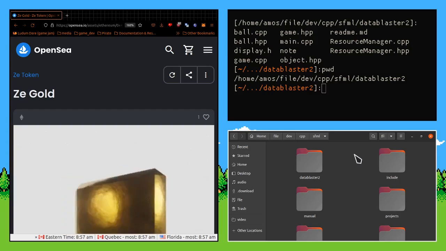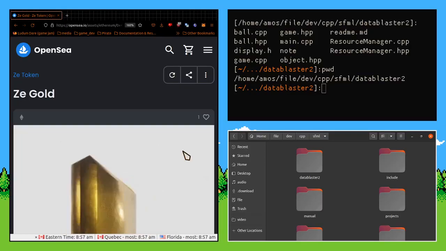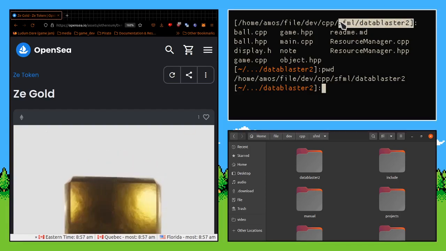I see some people who have all their stuff on their desktop. Look at my desktop. There's nothing in there because I don't need to put stuff on my desktop to have access to it quickly. That's cleaner, that's more ordered, because I understand why Data Blaster is in SFML: it's an SFML project.